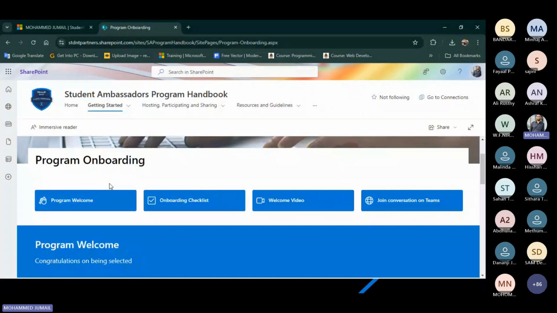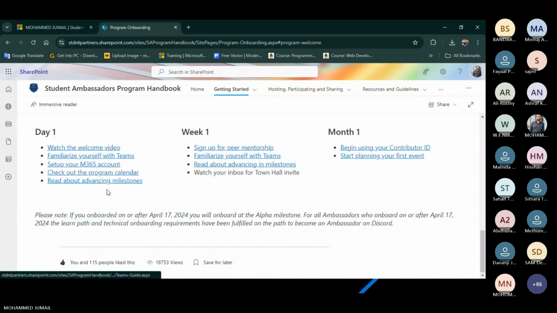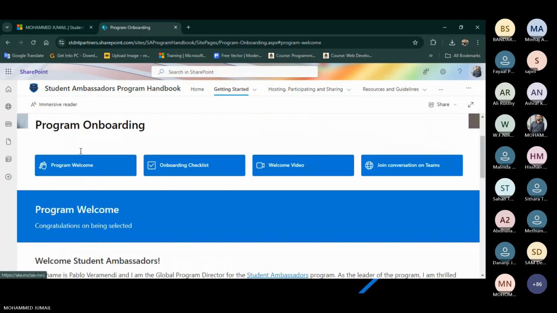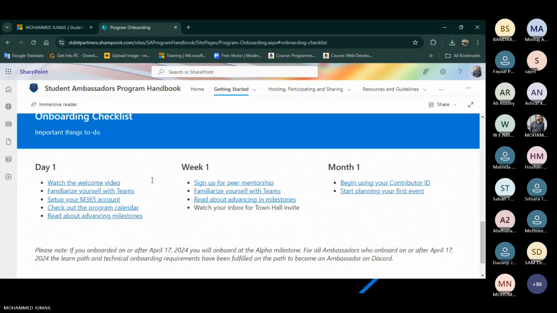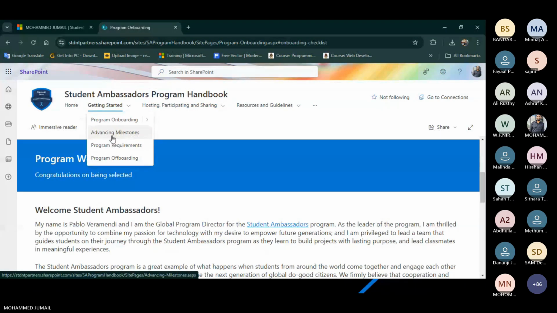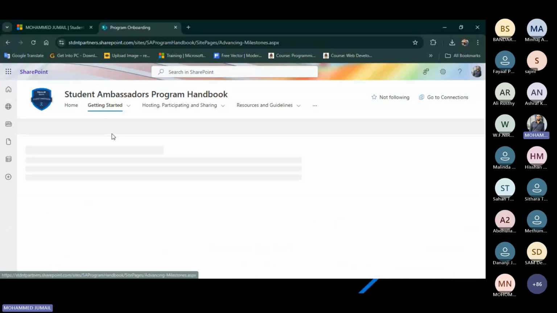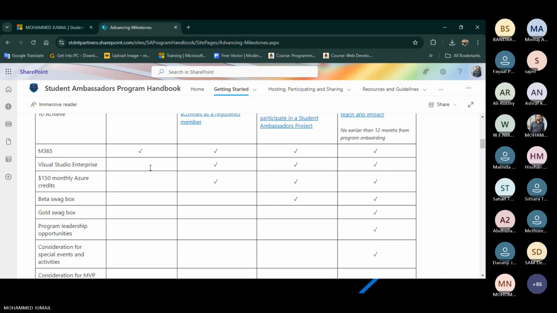There are so many details about this program, like the student program requirements.